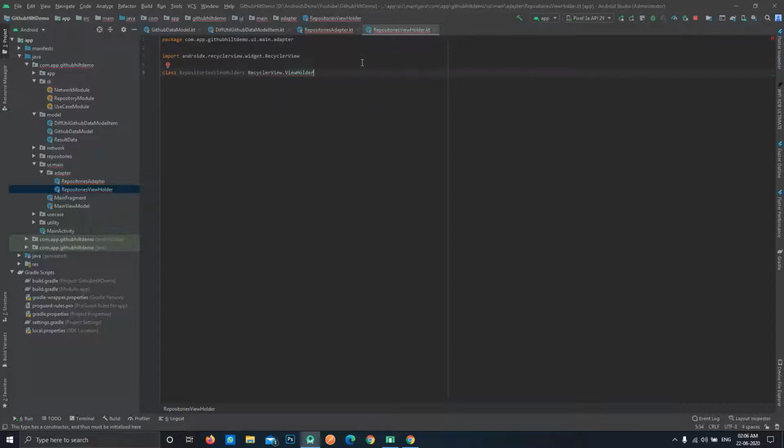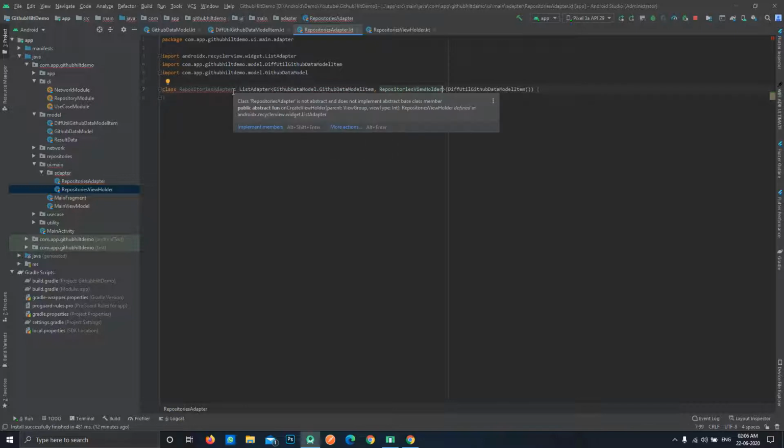And we know that it accepts a view type in its constructor. So just press alt enter over here, and it will give you a suggestion to add that constructor with type view. Just press enter over here, so it will automatically do everything for us. So now we can use this view holder class. Here we can define the type over here like this, so the error will be gone.